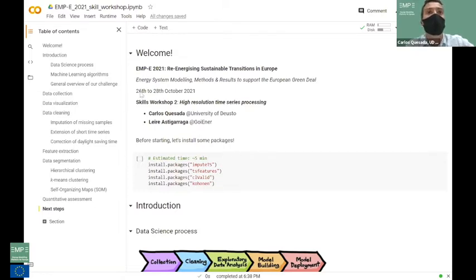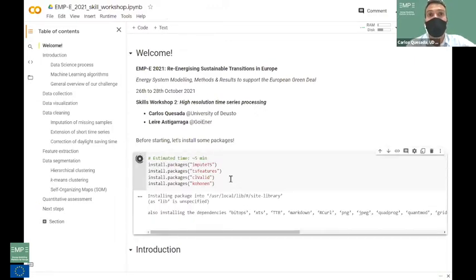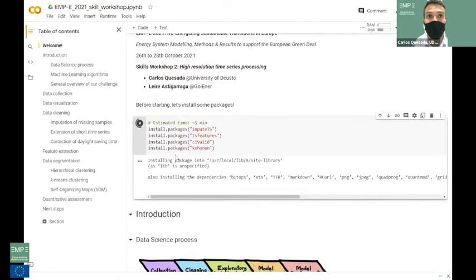So the first thing that we can do, I imagine that you have opened that session of the Google Colab that you can participate in. So the first thing to do is, if you haven't opened it, just open it right now. And just before starting, let's install some packages. And this is done just by clicking that play button here. It takes an estimated time of around 5 minutes. So while this is being installed,